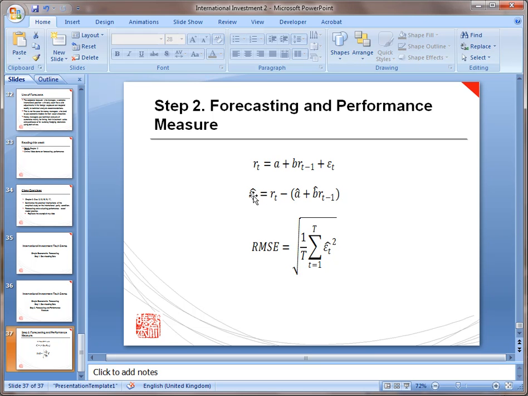Then in the main textbook, Global Investment Chapter 3, if you see the appendix, and actually in the main text, it talks about how to measure the performance of a forecasting model, and this is one of the often used measures called root mean square error. So how do we construct that? We construct the square